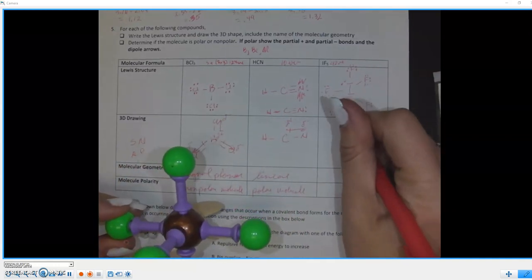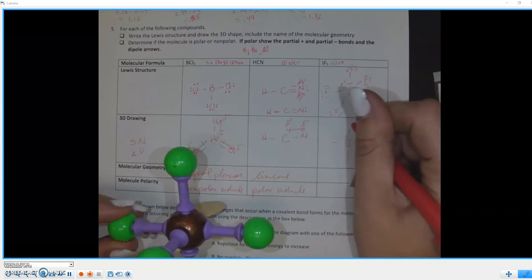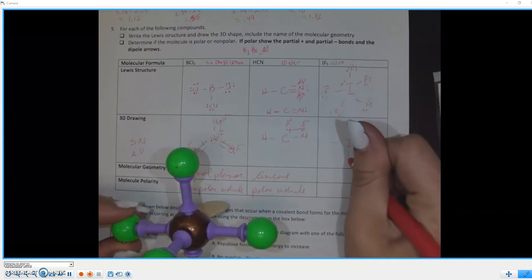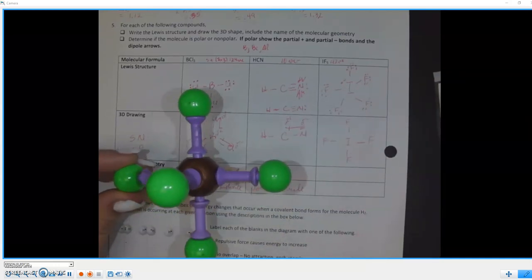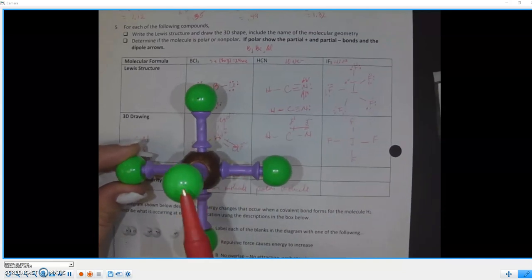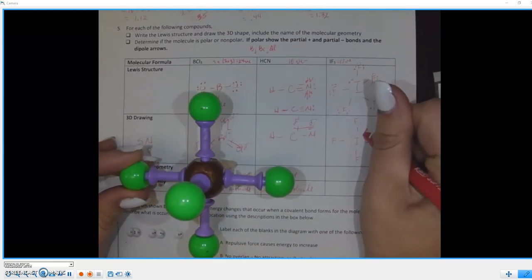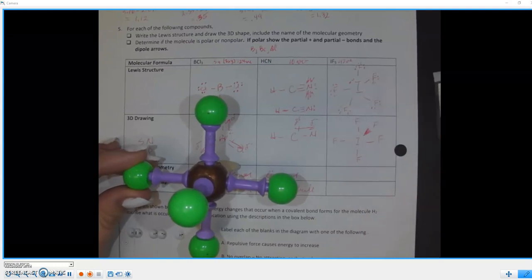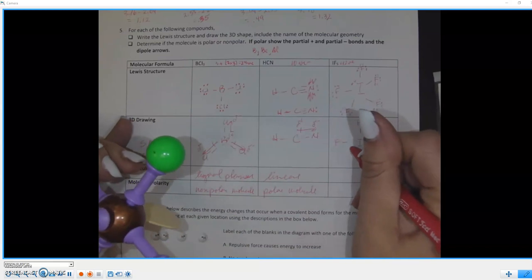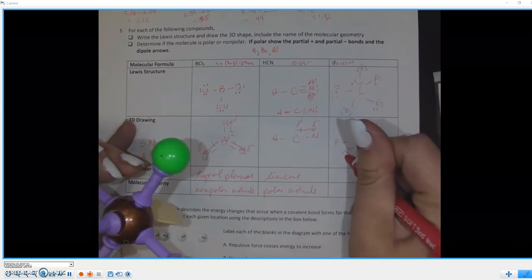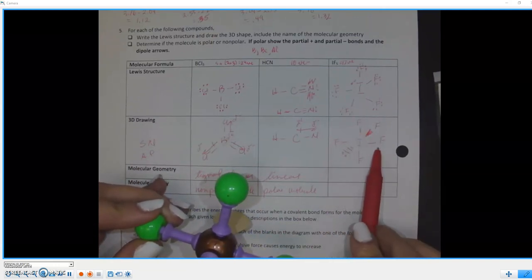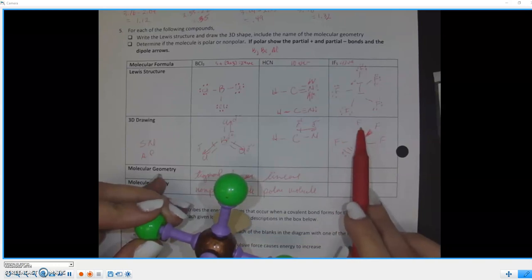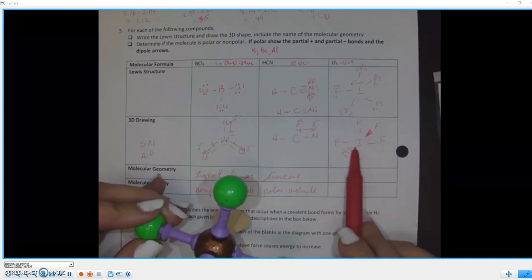So we have our iodine bonded and in the plane of the paper to 4 fluorines in that X shape. And then we have one that's coming towards us, so that's our solid wedge. It's a fluorine. And then the lone pair that's going away from us into the paper, so that's our dashed wedge. Okay. Reminder, when it's 5 domains, it's very similar to this, but instead of 1, 2, 3, 4, we have like a trigonal plane, or we get a triangle in the middle, and then one going out,